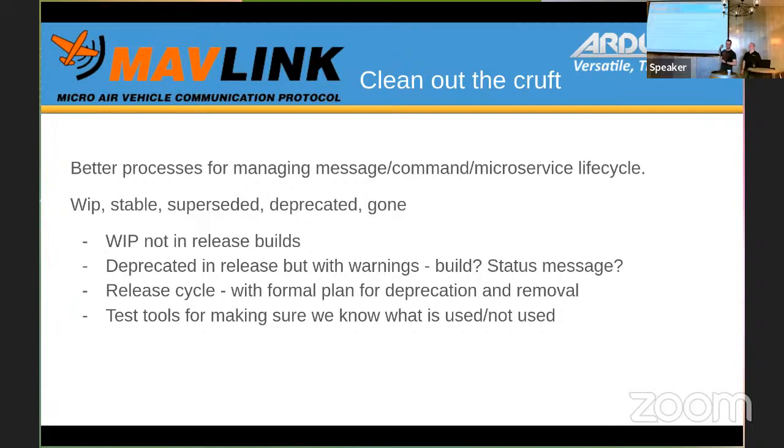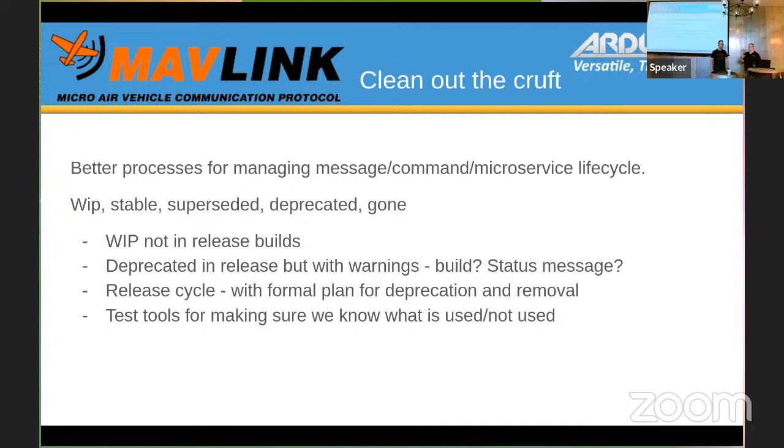So we are trying to do a typical release cycle where we can start to highlight new things and start to remove old things. One of the big things we'd like to do is have stuff in standard.xml which is genuinely standard, that people can rely on. We need a lot more testing in place to be able to do that, so that stuff is really standard. In fact, it's a bit of a can of worms, because what does standard mean? Just because it works for plane doesn't mean it works for quadricopter. I have no solutions for those problems yet.